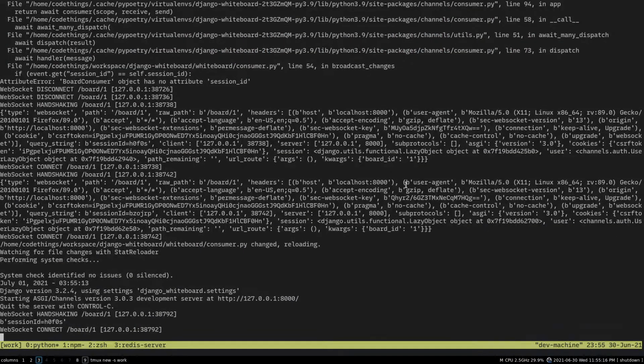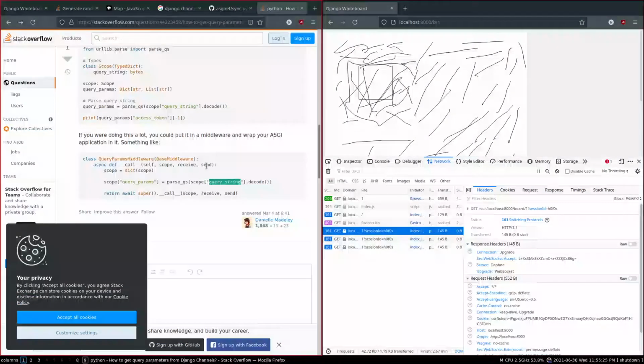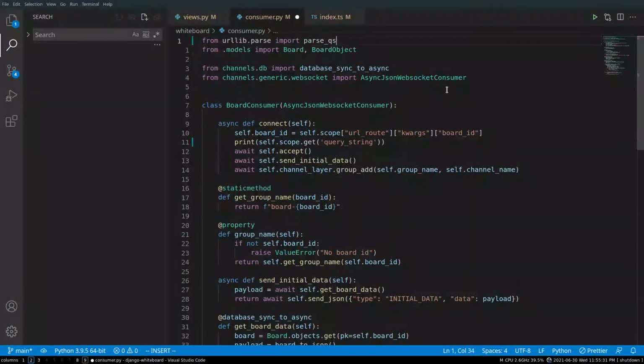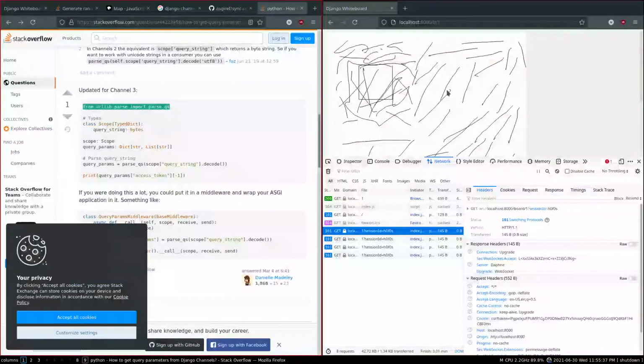Oh, I do have query string here. Okay, I guess it's just my eyes are bad. Okay, that's great. Yes, I do need to parse it. Okay, great. Session ID would be